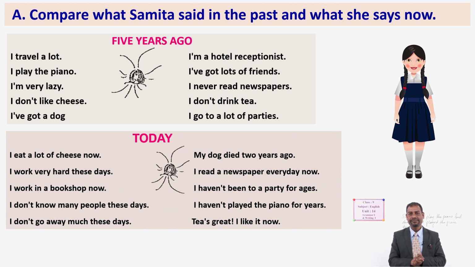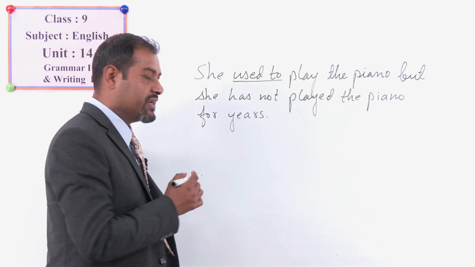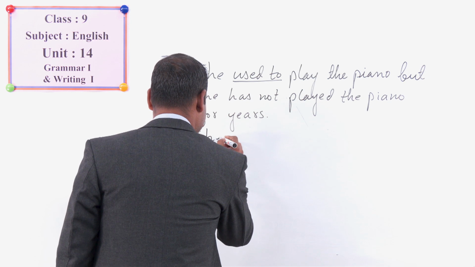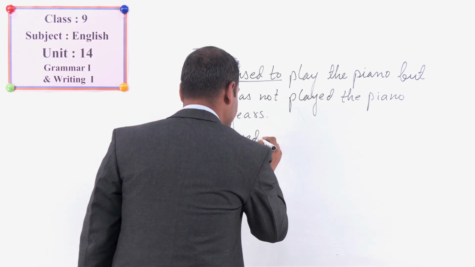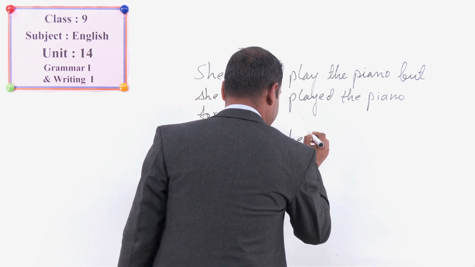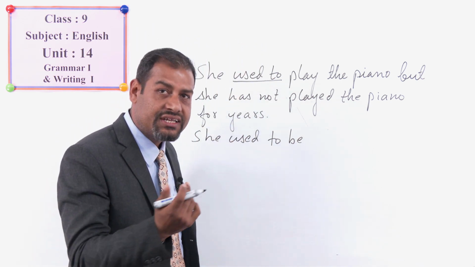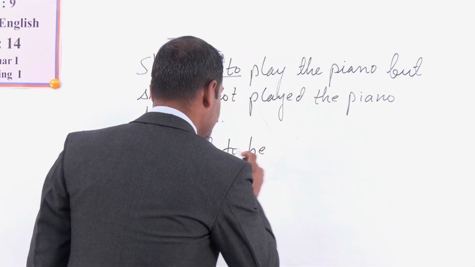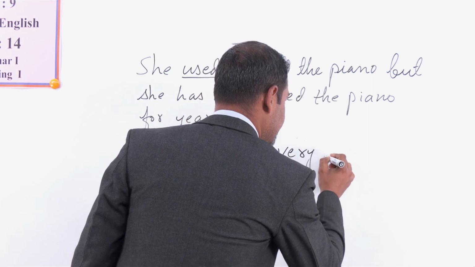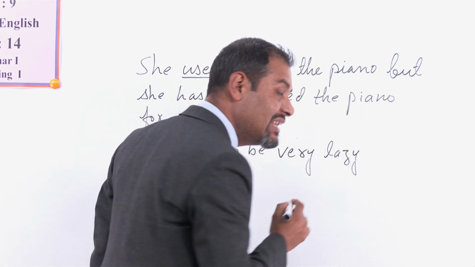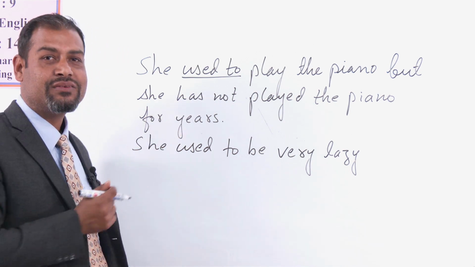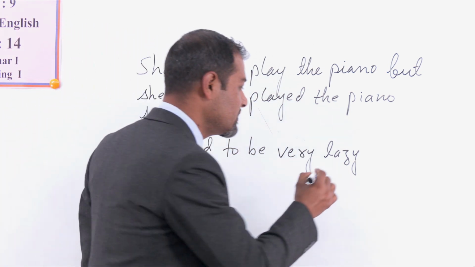Are you doing? Good. Dear students, I hope you might have finished. Now tell me what you have written in your notebook. Okay, your sentence can be, she used to be, then what is the word? Very lazy. Yes, you are right. She used to be very lazy, L-A-Z-Y, lazy. And then what do you write down there? Yes, but